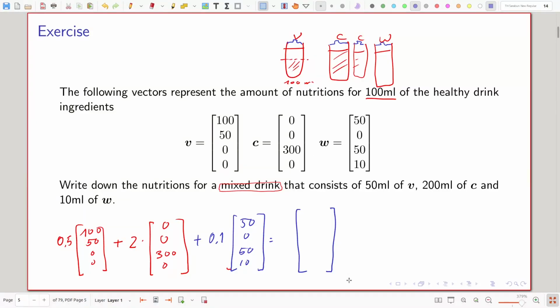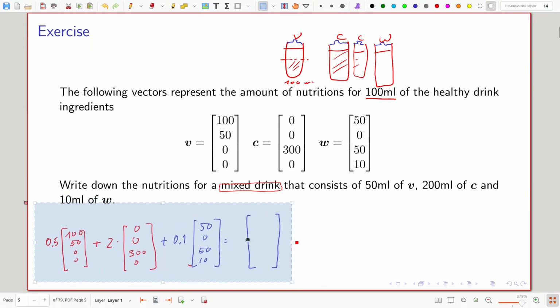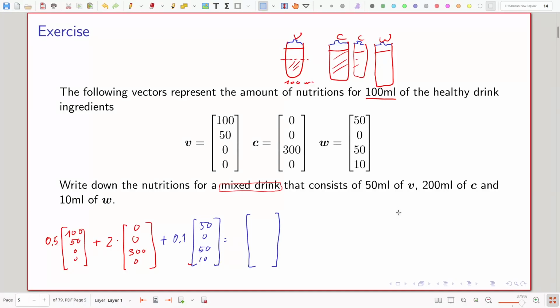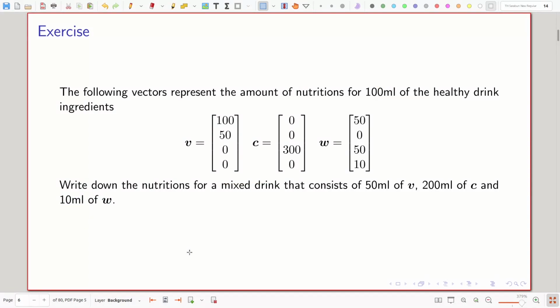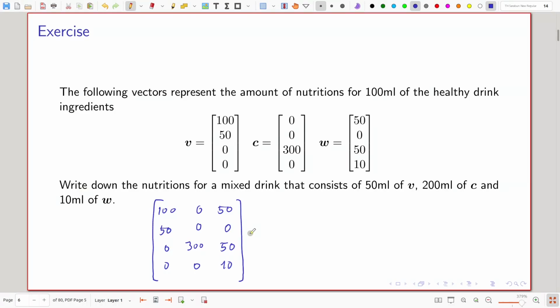Okay, and then the last question for question 1 is like, the question asks you to rewrite this sum in terms of matrix multiplication. So basically, you're gonna have a matrix that looks like this, and you want to find a vector so that the result is exactly what we did. Okay, so let's finalize this.